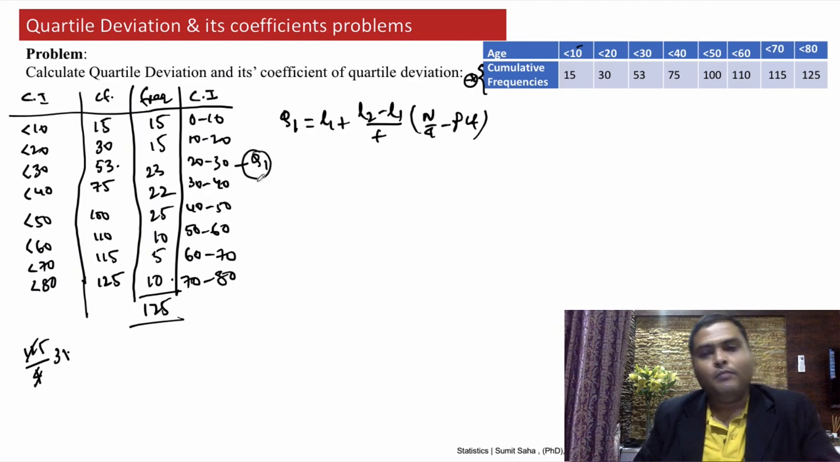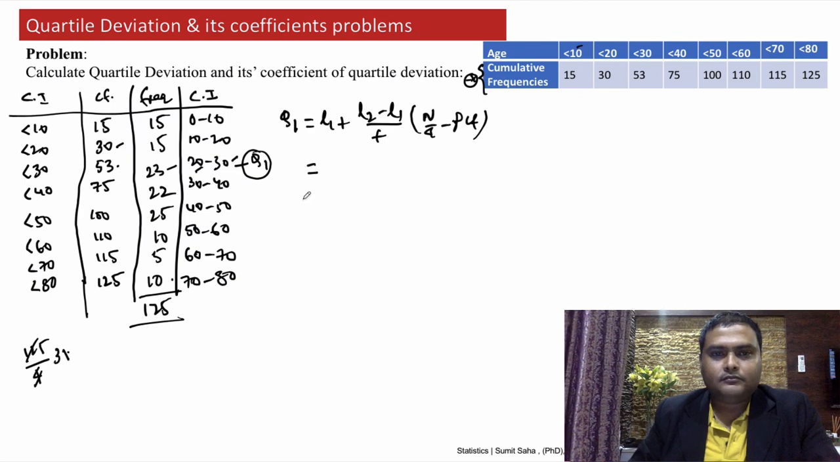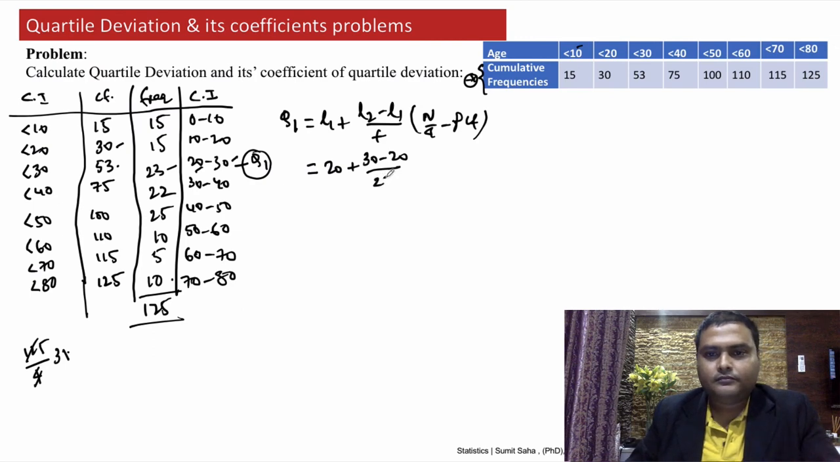Clear? So the moment we have identified the quartile 1 class, we know this is the L1, this is L2, this is F, and this will be the previous class cumulative frequency, which is 30, right? So we are applying this. L1 is nothing but 20, plus 30 minus 20 divided by F, which is 23, whole multiplied by